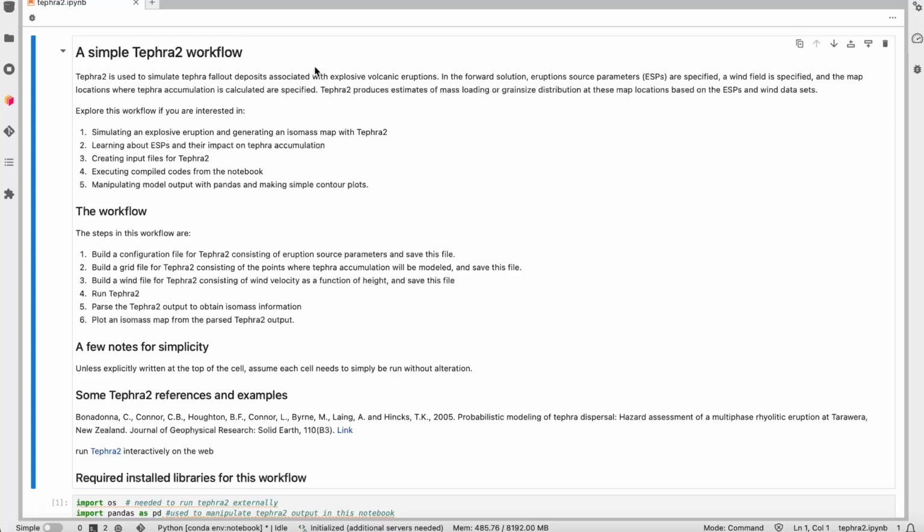Tephra2 is used to simulate tephra fallout deposits associated with explosive volcanic eruptions. Tephra2 produces estimates of mass loading or grain size distribution at map locations based on specified eruption source parameters, shortened as ESPs in this specific workflow, as well as wind datasets. In this solution, ESPs are specified, a wind field is specified, and the map locations where tephra accumulation is calculated